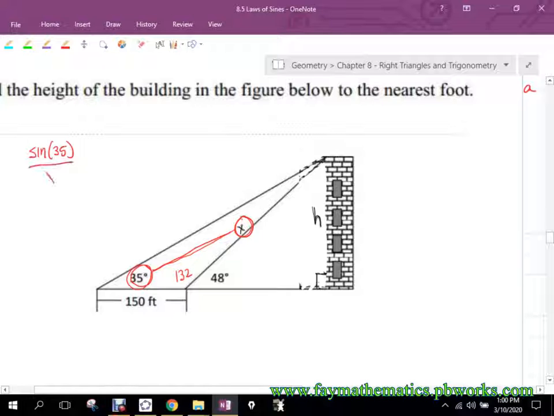And the number one reason I know that I have to use the law of sines is I know that little sliver of a triangle there on the left is not a right triangle, correct? And if I need to find length, SOHCAHTOA is the thing to use. But if it's not a right triangle, then I have to amend SOHCAHTOA, and that's the law of sines that allows me to do that. So now the question is,